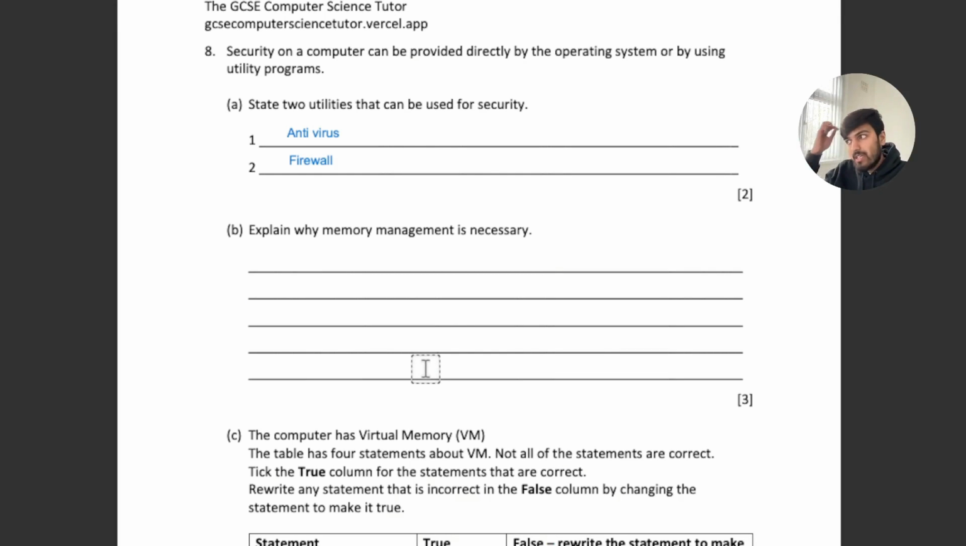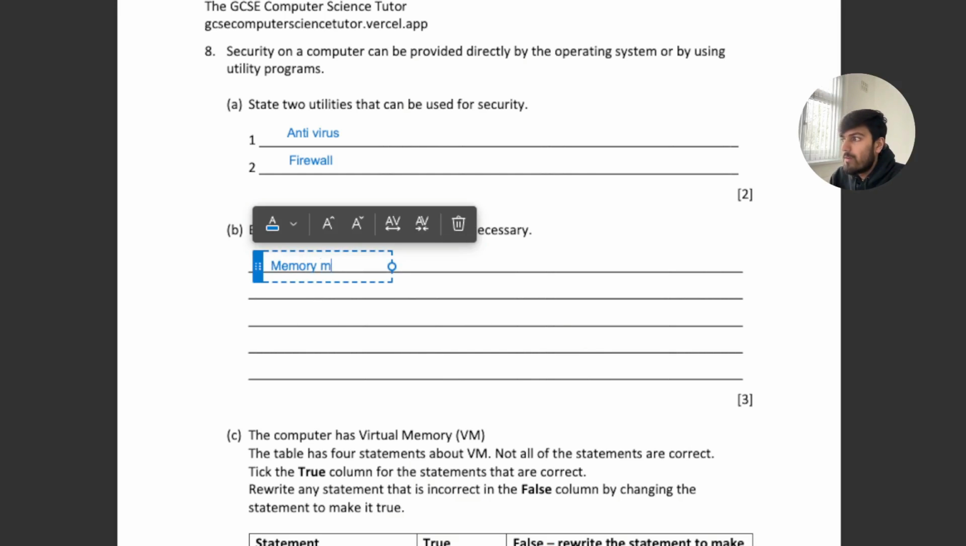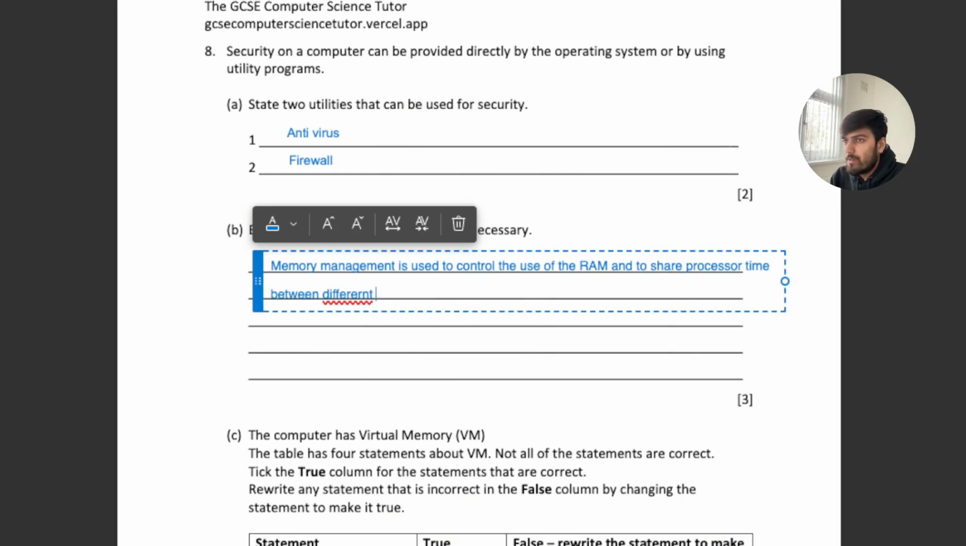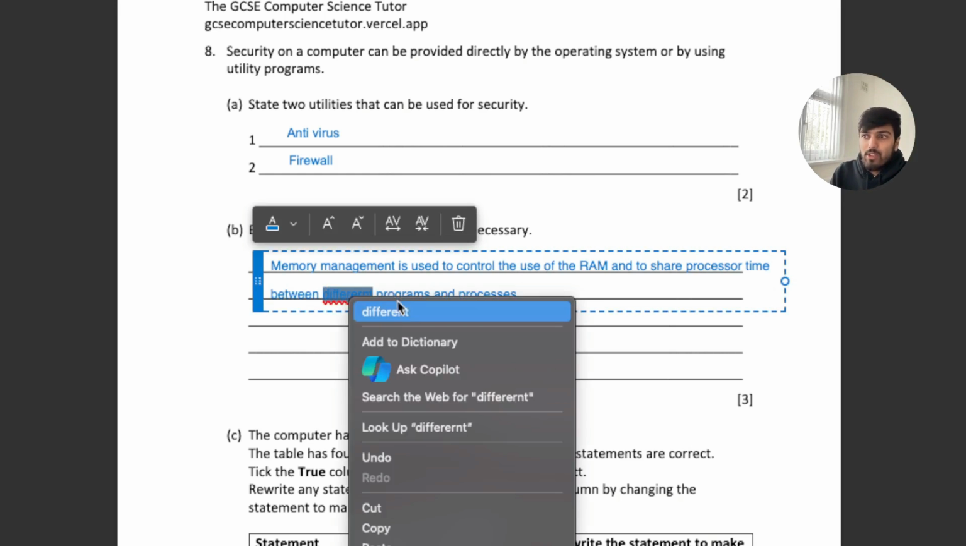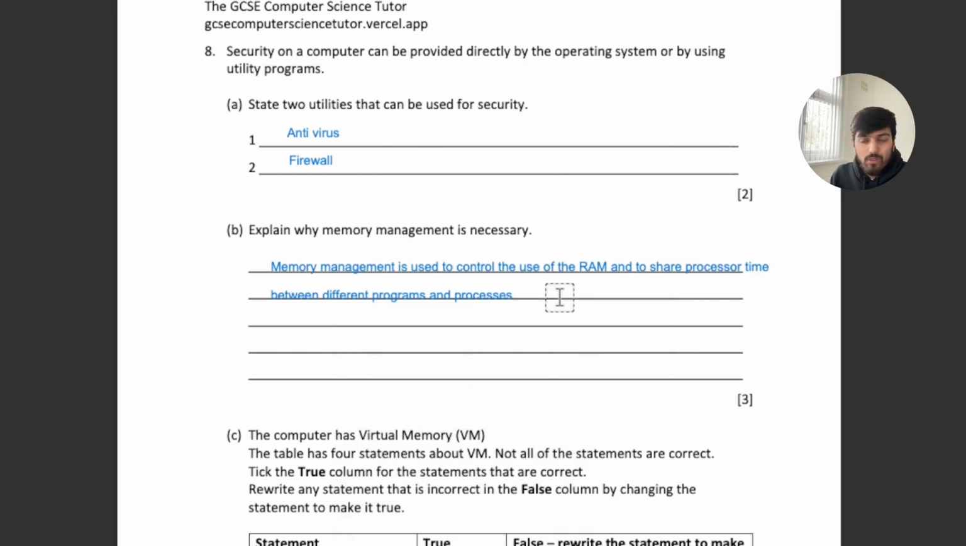Now, part B, explain why memory management is necessary. So memory management, again, is to manage the memory inside the RAM. We can say memory management is used to control the use of the RAM and to share processor time between different programs and processes. So imagine, right, you're running multiple software, and imagine there was no such thing as memory management,